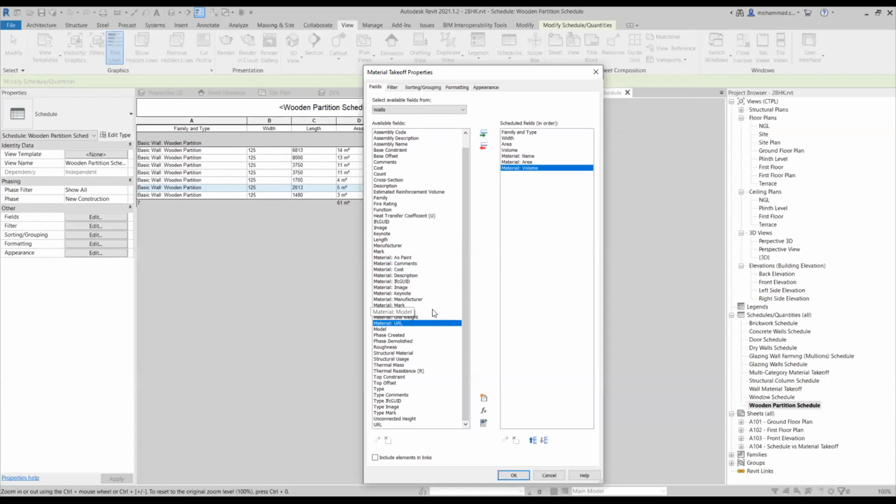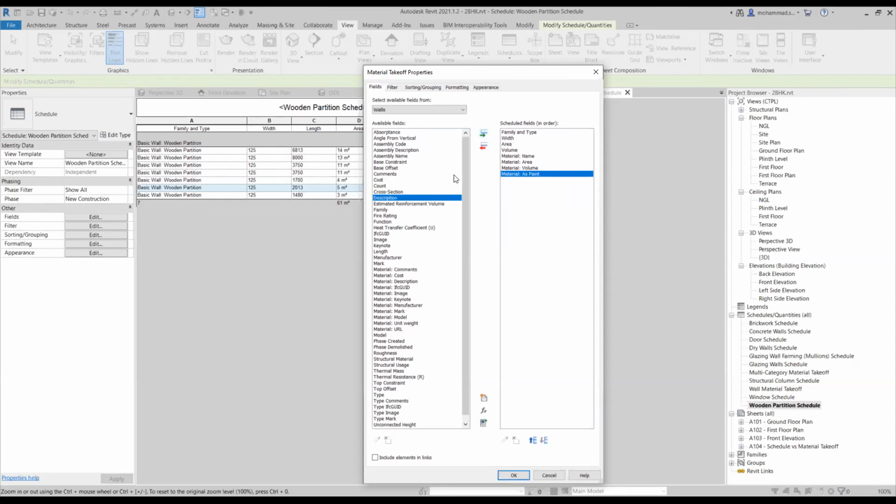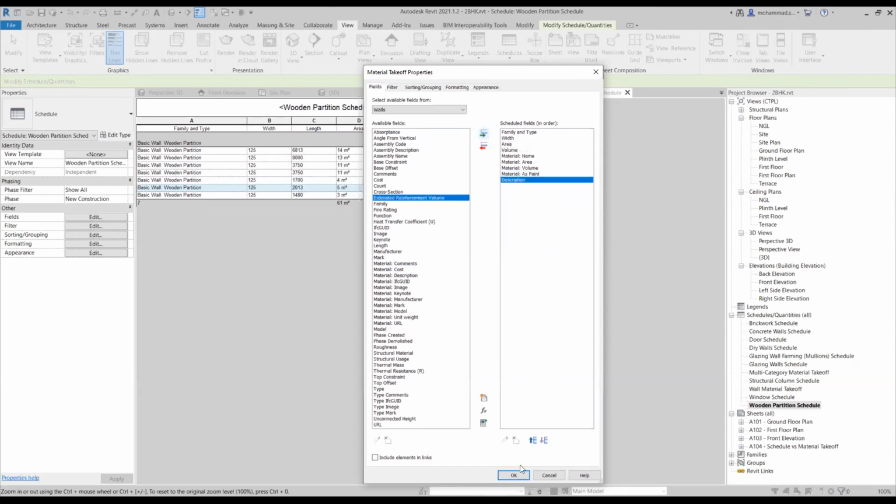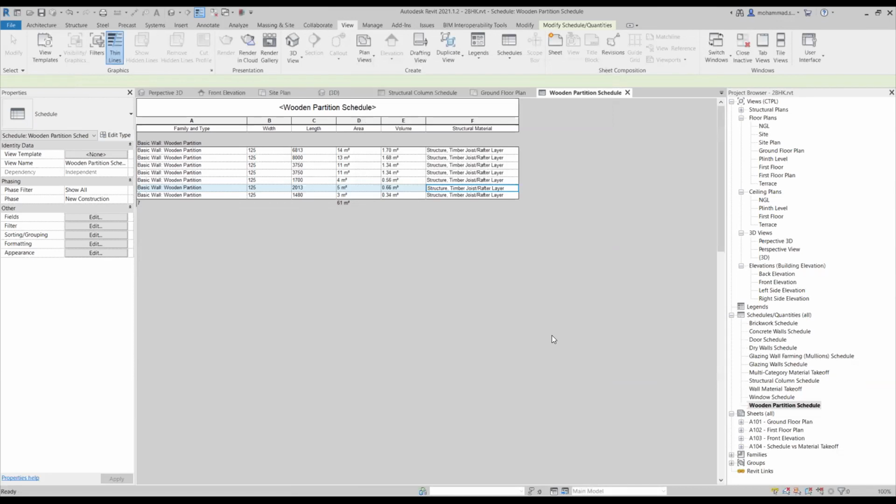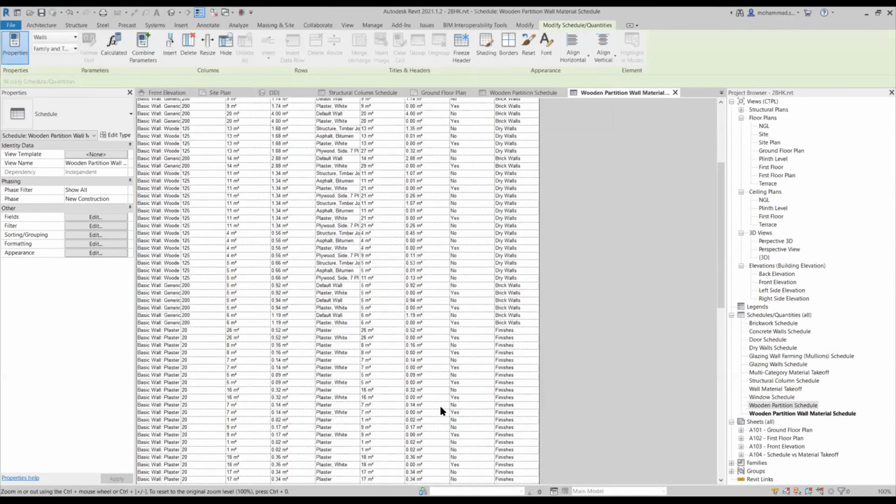During our Q&A break, one of the attendees asked a question about whether paint can be registered as a material under material takeoff. Yes, as a paint, you can also add a material in this case. I'm also adding this field to address that question. And I'll also add the description of the wall so that we can filter out only dry walls from other types of walls. I'll accept this, and I've got another list of families.